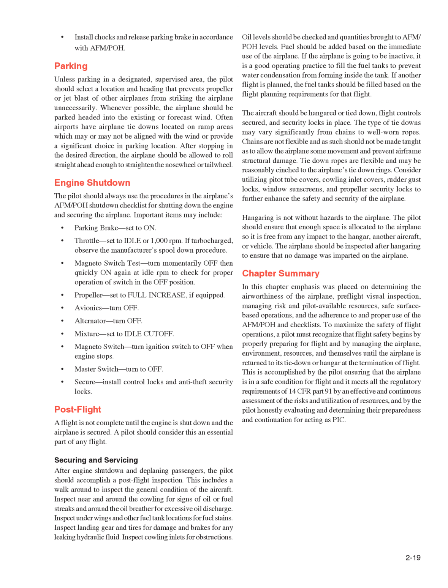Chapter summary. In this chapter, emphasis was placed on determining the airworthiness of the airplane, pre-flight visual inspection, managing risk and pilot available resources, safe surface-based operations, and the adherence to and proper use of the AFM/POH and checklists. To maximize the safety of flight operations, a pilot must recognize that flight safety begins by properly preparing for flight and by managing the airplane, environment, resources, and themselves until the airplane is returned to its tie-down or hangar at